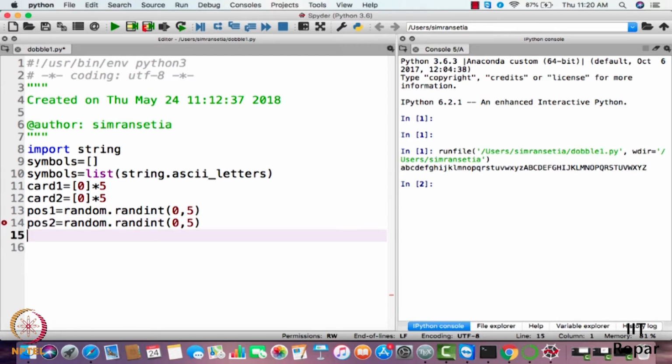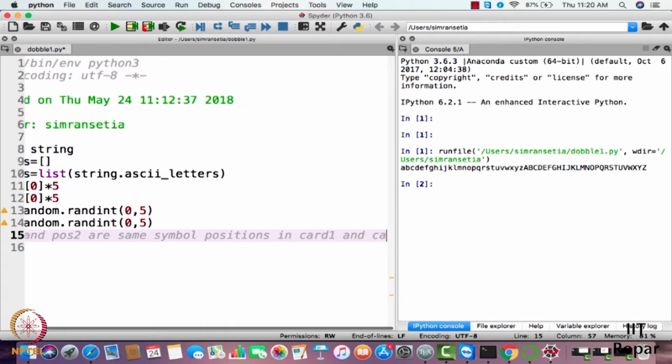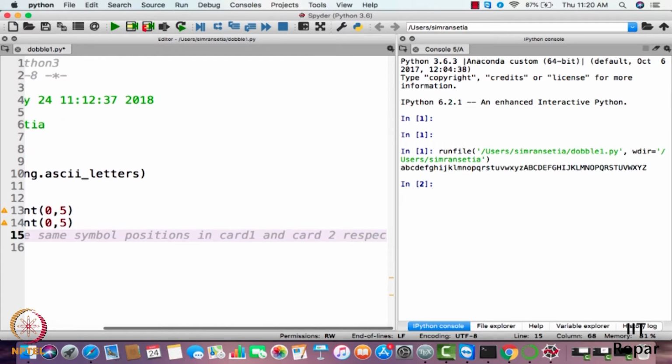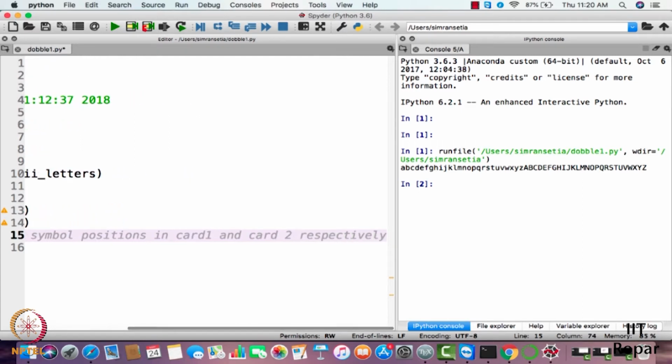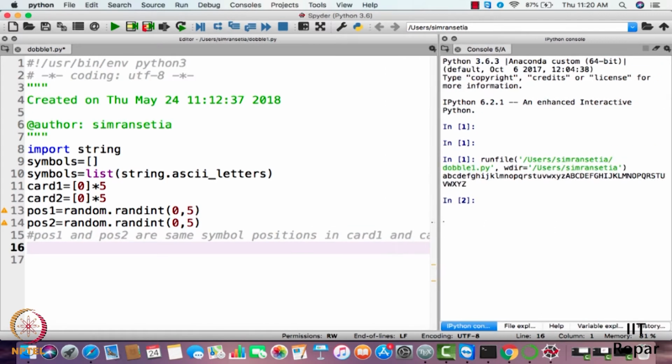I'll write here also POS1 and POS2 are the same symbol positions in card 1 and card 2 respectively. So we are done with the positions.